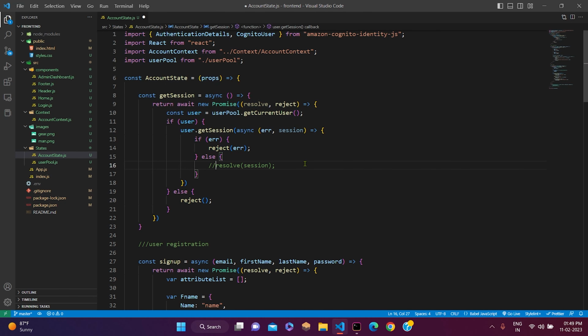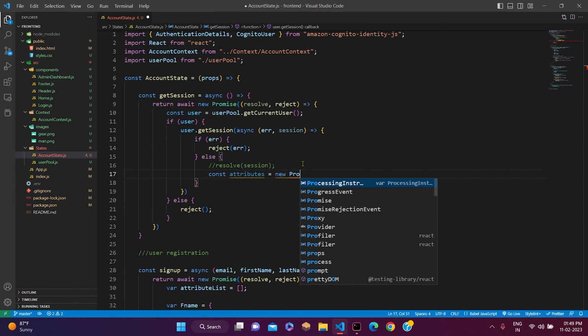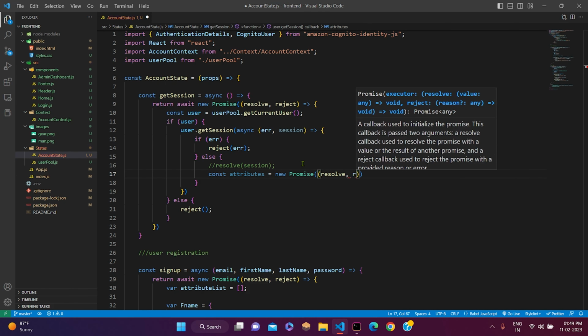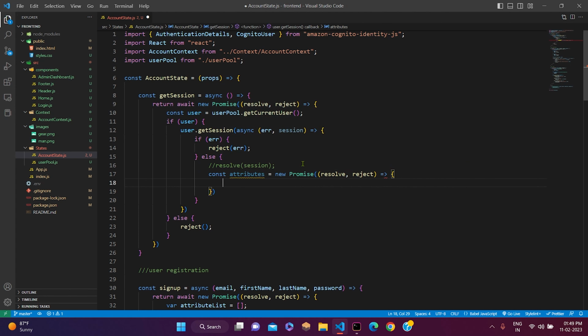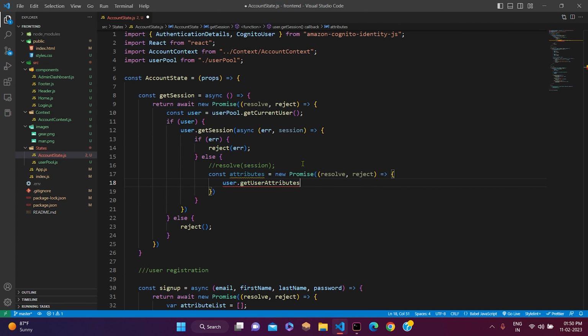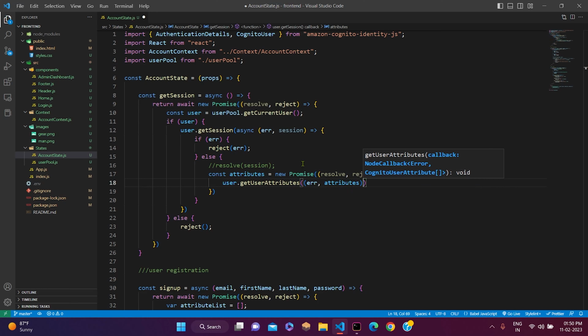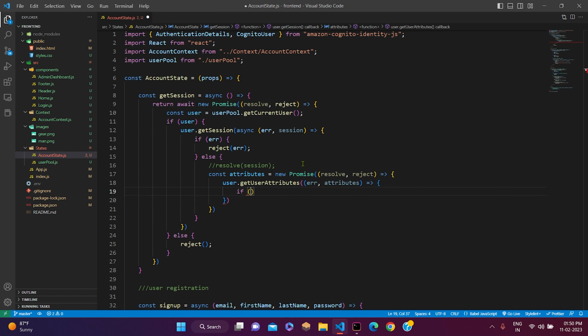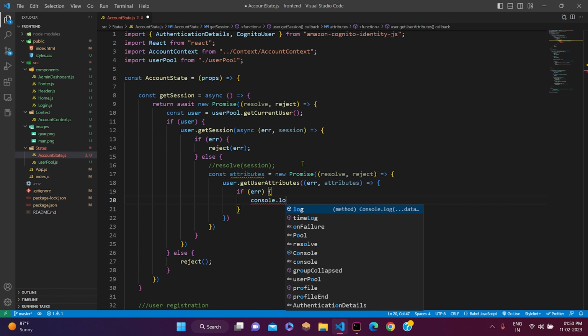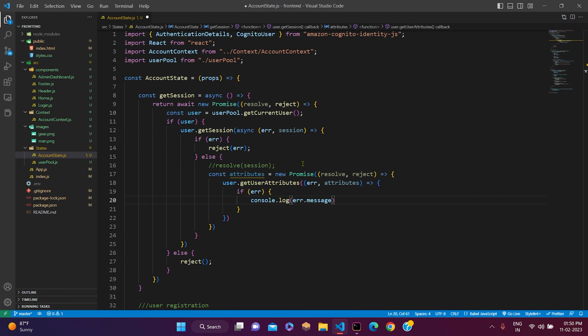So let me comment this line, and okay, then const attributes equals new Promise, resolve reject, user dot get user attributes, then error, attributes, check if error, console.log error.message and reject error,